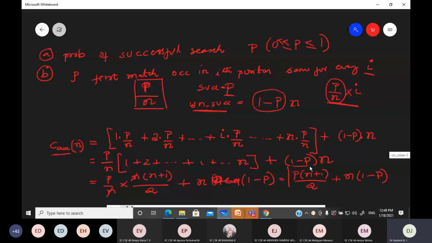Is this clear? P into N plus 1 divided by 2 plus N into 1 minus P. If the probability of successful search is 1, how much time is it going to take on an average? Substitute in the equation and let me know. If the probability is 1, the C average of N will be equal to,